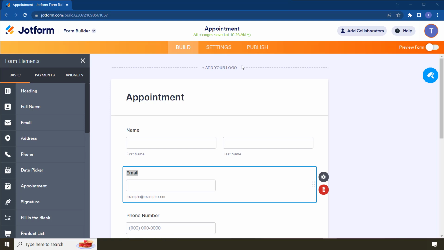Today we are going to be answering the question, is there a way to prevent duplicates on your form? This might be done for several reasons, but before we jump into that,